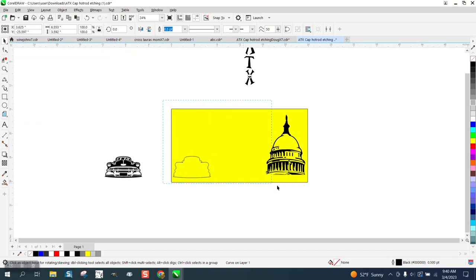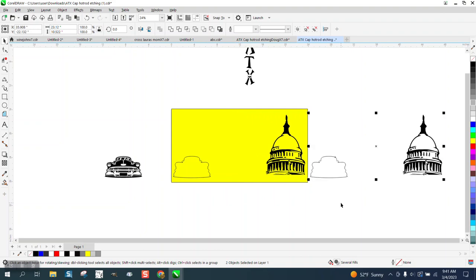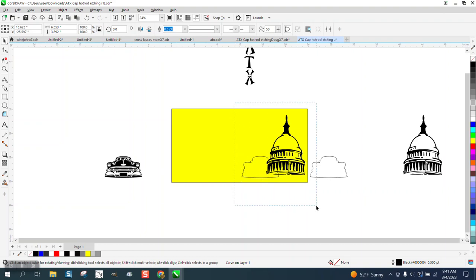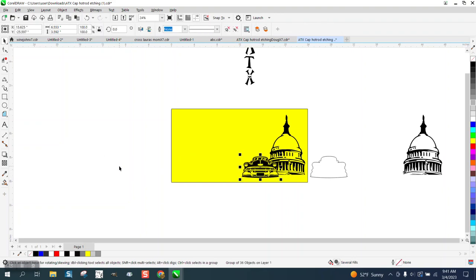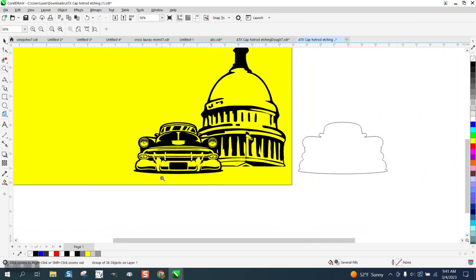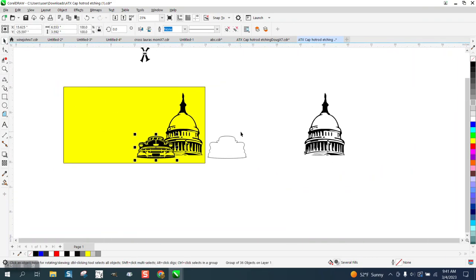Tell you what we're going to do. We're going to make a copy of this. We're going to do it both ways. If we do it the way I did in the first one, and I go here and I trim it, and then I remove this boundary, there's no separation between the car and the capital. Doesn't look too bad, but if you would do this, and we're just going to save the car over here,